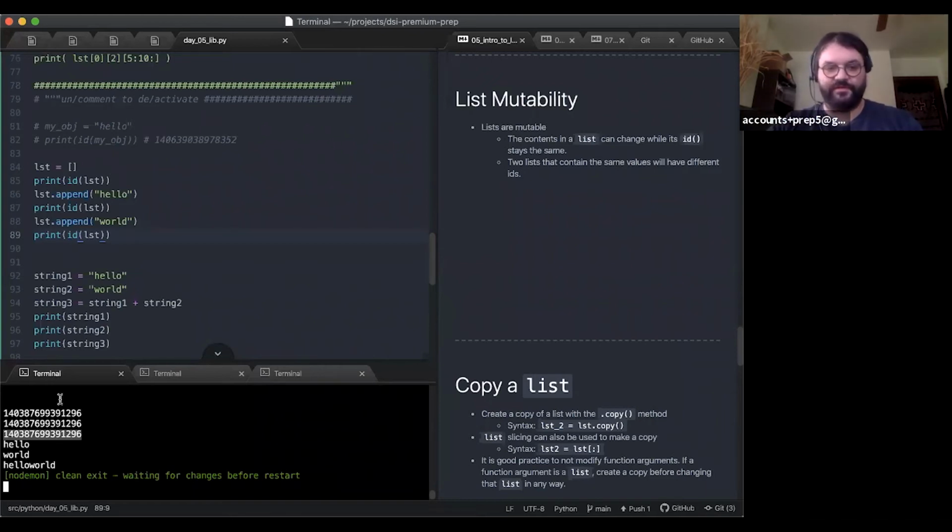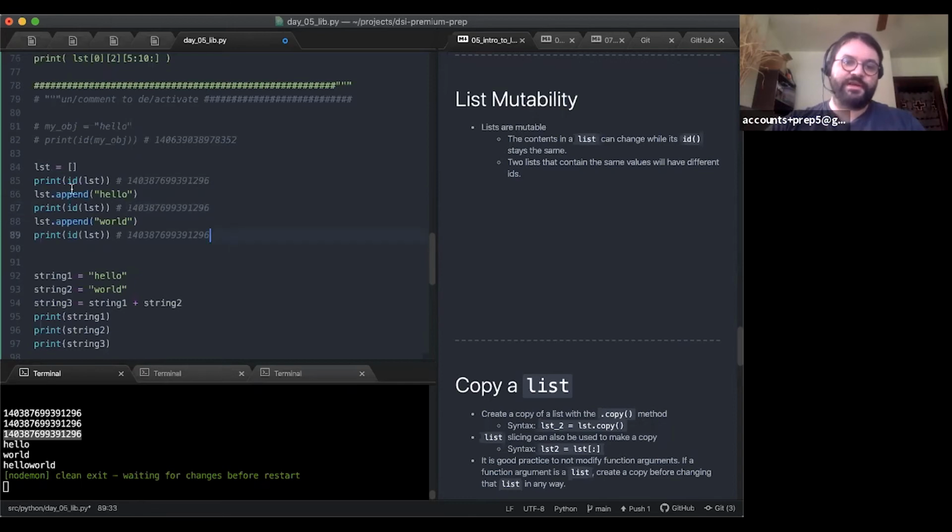If those don't differ, it's probably going to be the same number. Right, so the ID of the empty list is this. We append hello to it, and the ID did not change, which tells us it's the same list. We just changed the value, right?